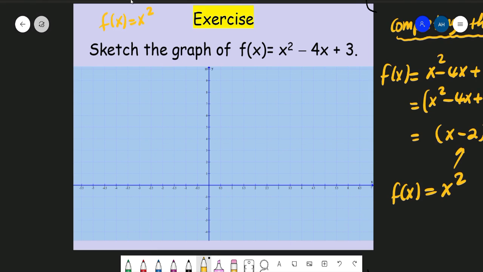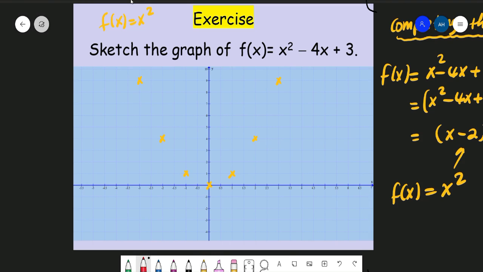All right, x squared passes through (0, 0) and (1, 1). When x equals 2, y equals 4. When x equals 3, y equals 9. The same thing when the value of x is negative. When x is negative 1, the value of y is 1. When x is negative 2, the value of y is 4. When x equals negative 3, the value of y is 9. Okay, I think that's enough to sketch the graph of